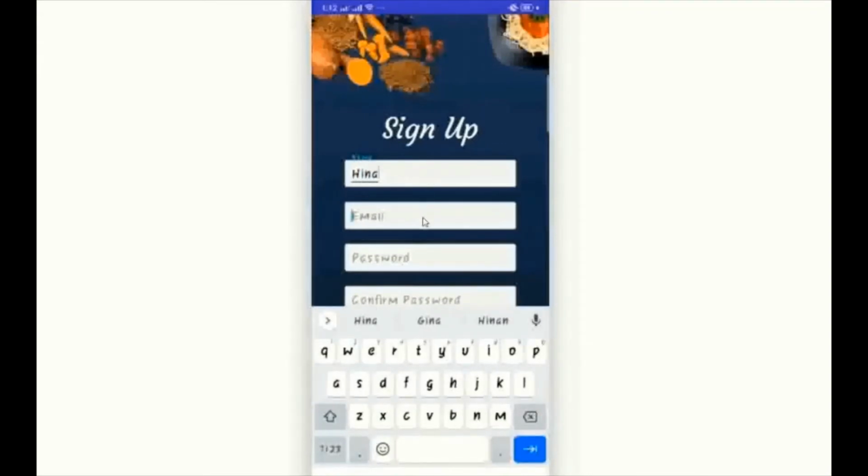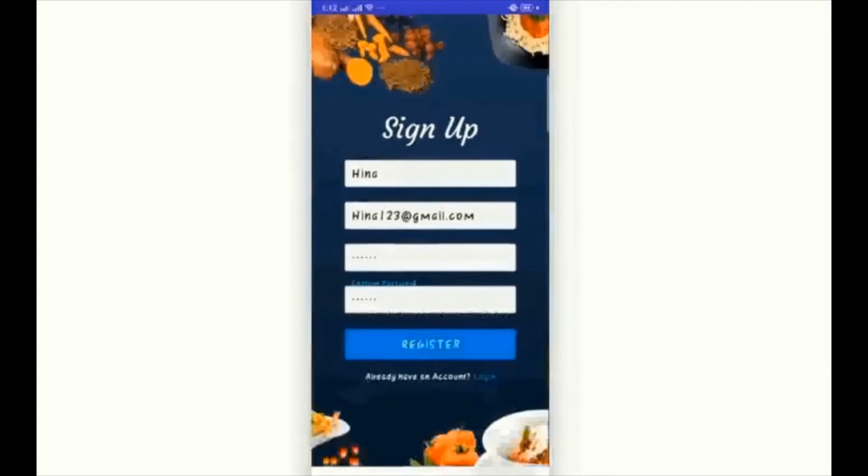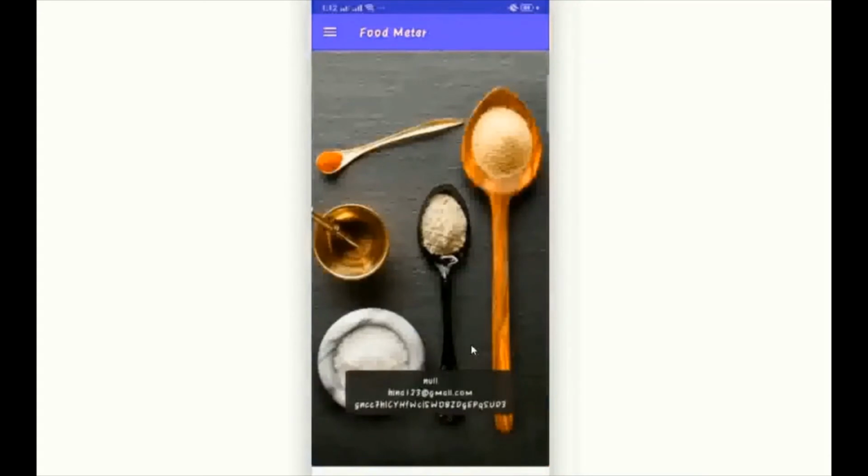We'll confirm the password once again, and then when I register, the app will direct me to the home page and let me log in for the first time.